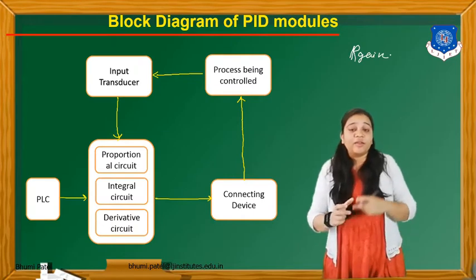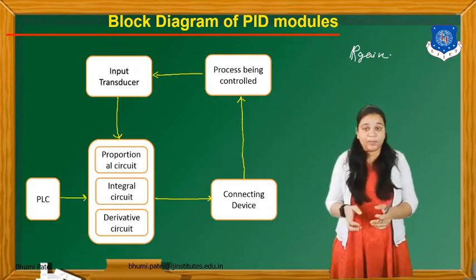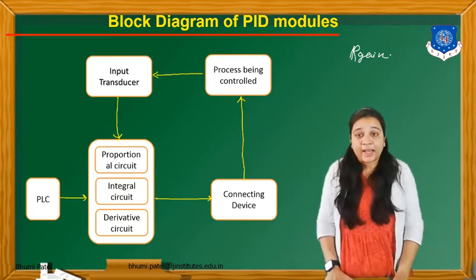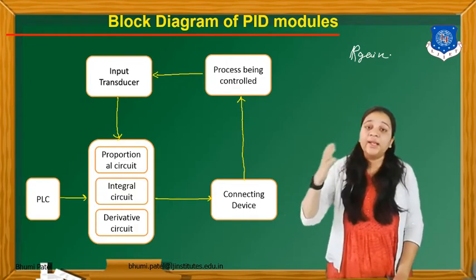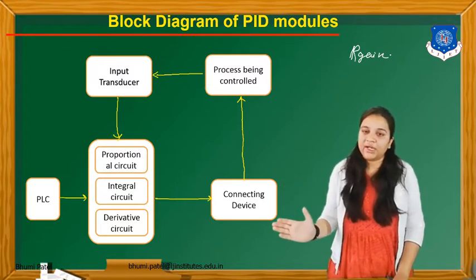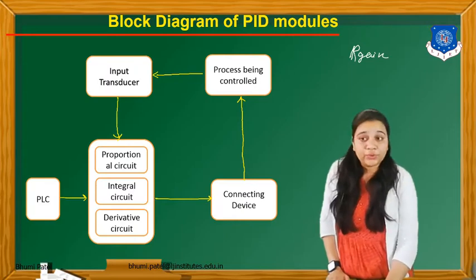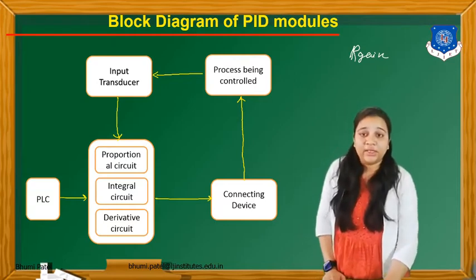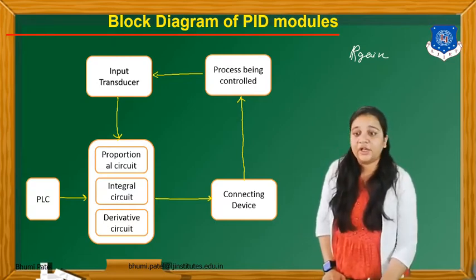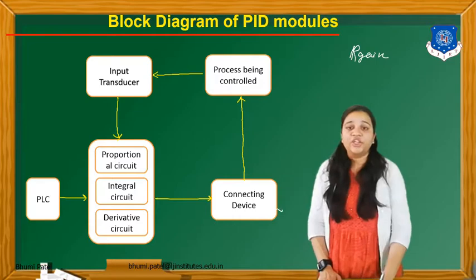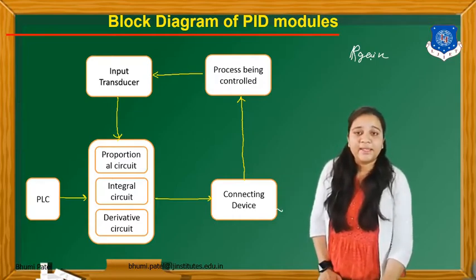If we change the value of the P gain for this particular system, and after that we get a better output compared to the previous one, then using PLC programming we can easily change the gain of the system. If we use only the proportional circuit, we can change the P gain. If we use a proportional plus integral circuit, that means a PI module, then we can change the P gain as well as the I gain of the system. If we use the proportional plus integral plus derivative circuit, then we can change the P gain, I gain and the D gain of this particular system.